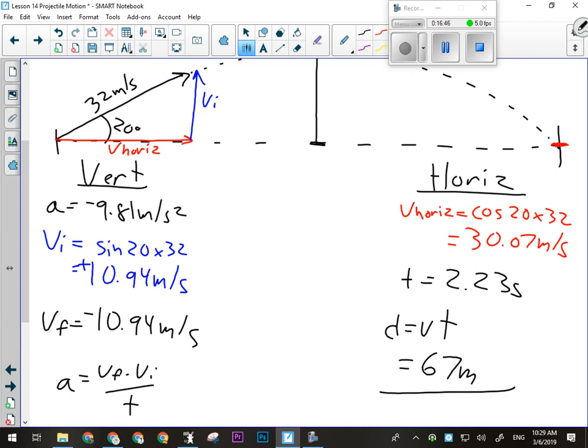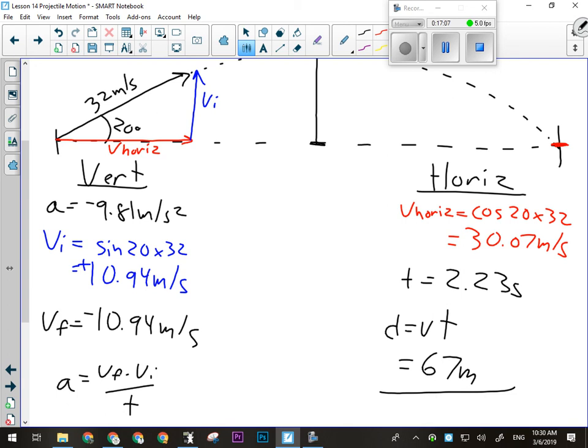All right, so any one part of that mathematically difficult? No, we know how to calculate vector components. We know how to do acceleration problems. We know how to do V equals D over T problems. Okay, that's all we're doing here: vector components, acceleration, and V equals D over T. Nothing difficult. All right, so that's the first part of this question, calculating how far the general E flies